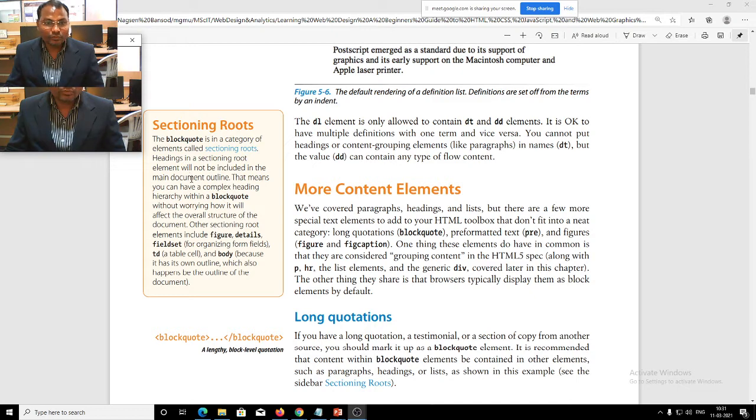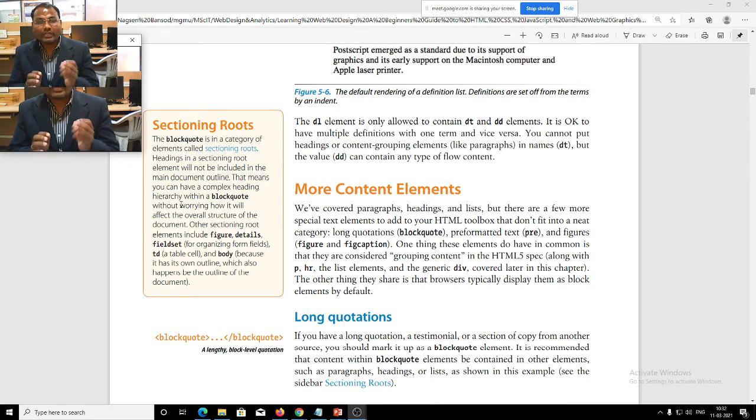Sectioning roots. The blockquote is a category of element called section roots. Headings in a section root element will not be included in the main document outline. That means you can have a complex heading hierarchy within a blockquote without worrying how it will affect the overall structure of the document.